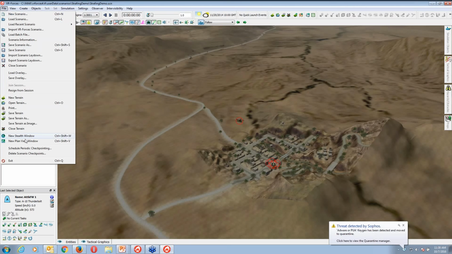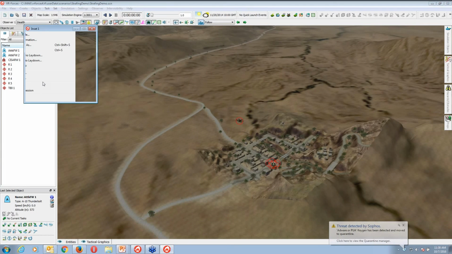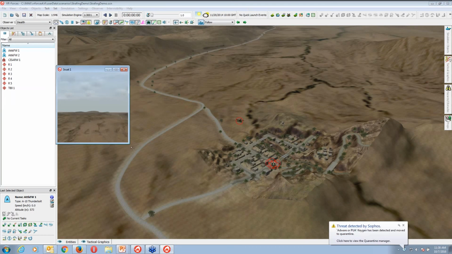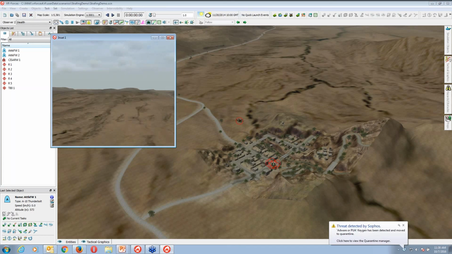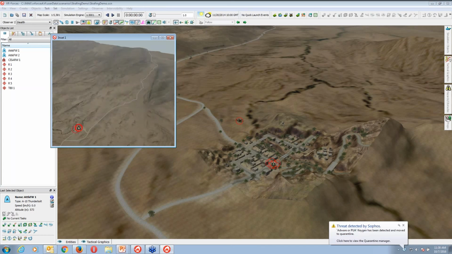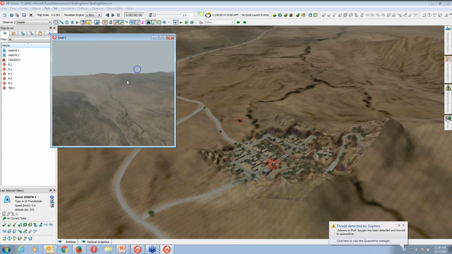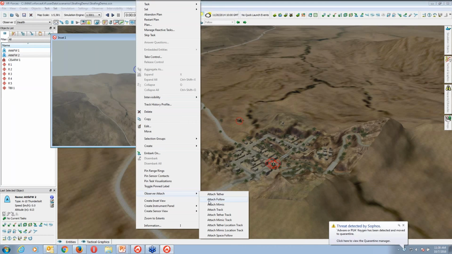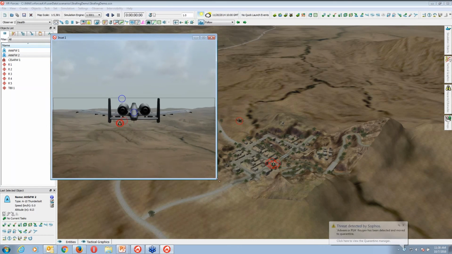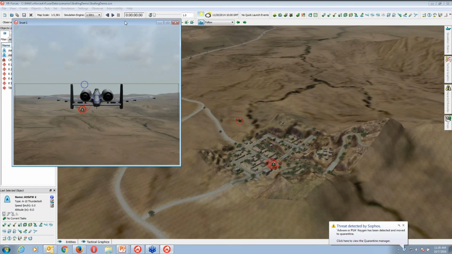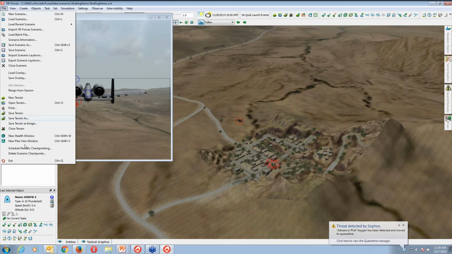I'll open one stealth window, another stealth window, to track all entities simultaneously. So I'm selecting this. I'll select this in this mode and attach follow, and just open in zoom mode. I'll open one more window.